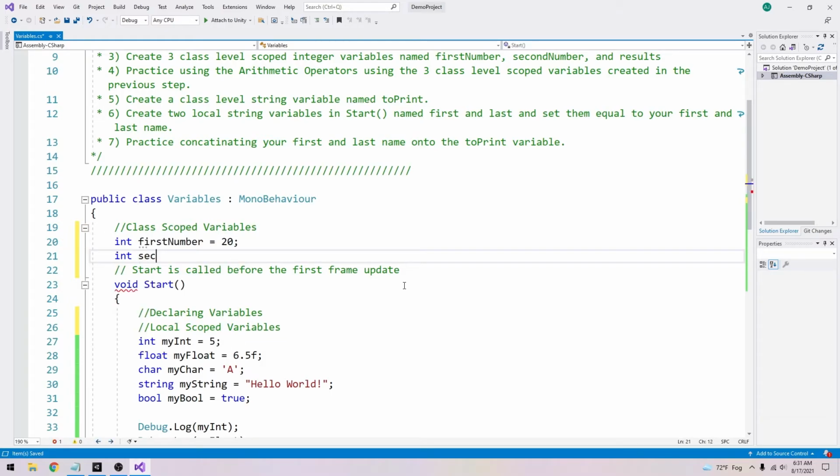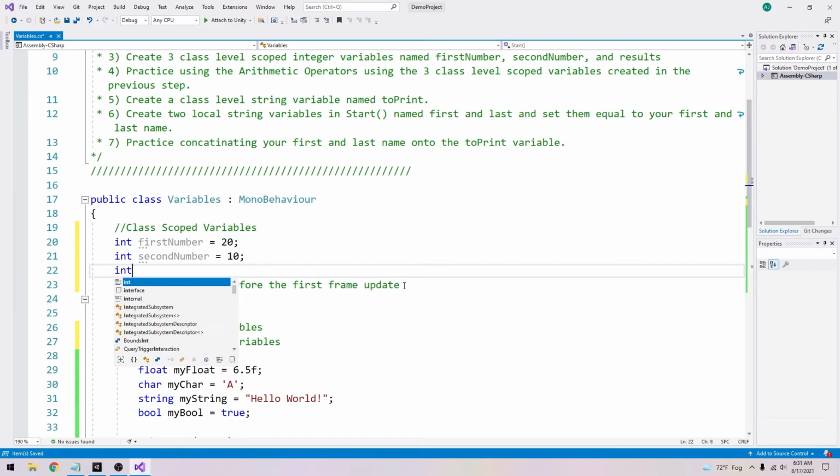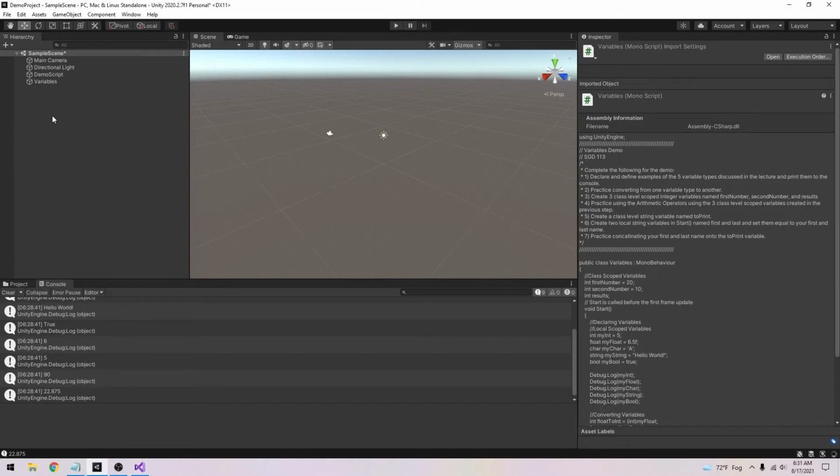Int second number is equal to 10. And I'm not going to set the results yet. We can just do that too. We can just say int results, and we can set that later. One thing I would like to note, since these are class scoped variables, we do have to think about their security level. I didn't define their security level here, which means that these are by default private variables, which means if we save this and we go back over to Unity and we take a look,